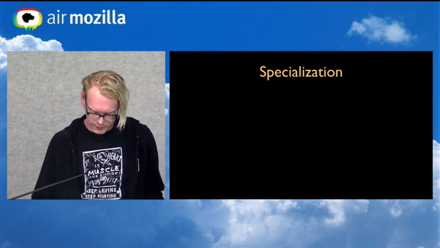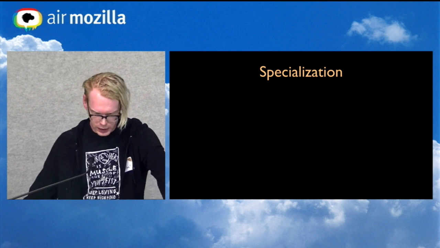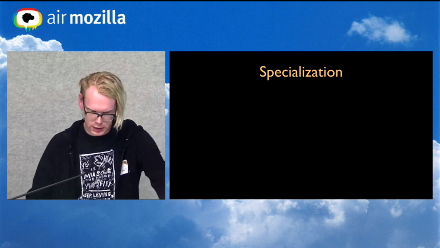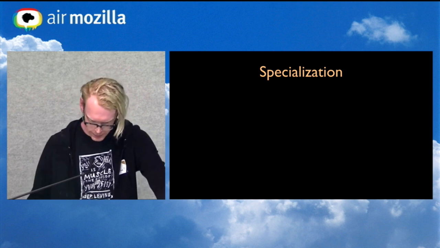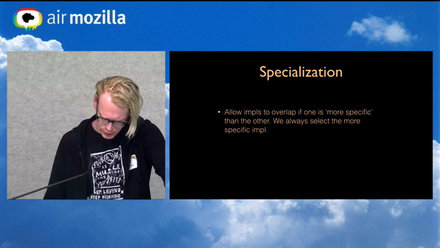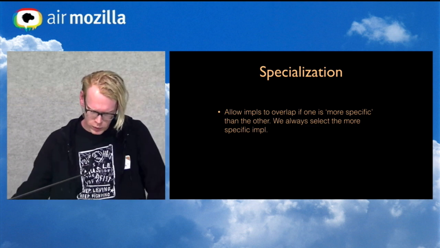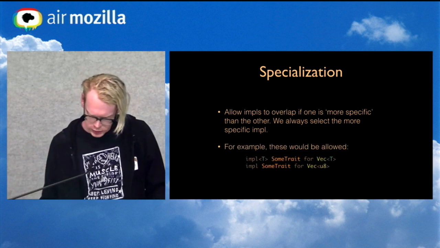One thing that I think isn't obvious a lot of the time, and it didn't come up in the discussions about specialization until I read it in a Haskell paper. So specialization is this feature that we're working on where we allow impls to overlap if one is more specific than the other. So for example,